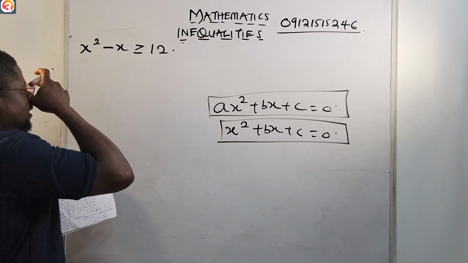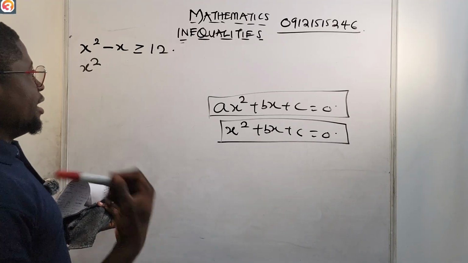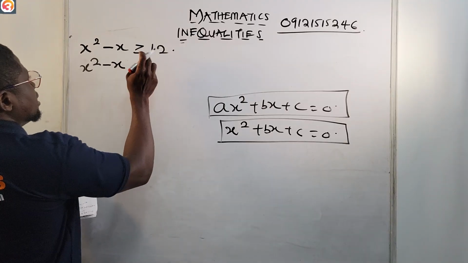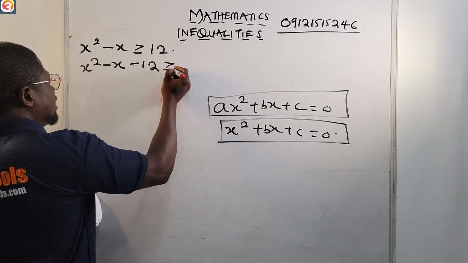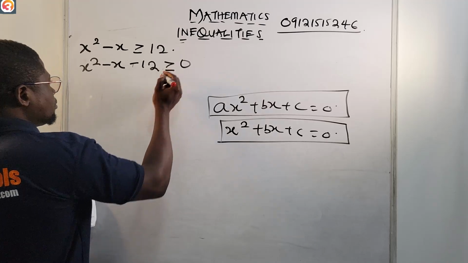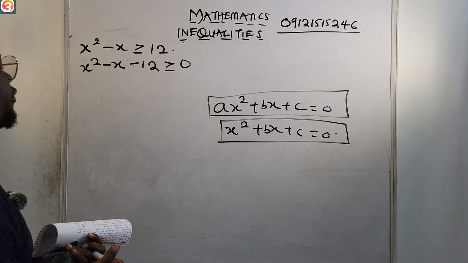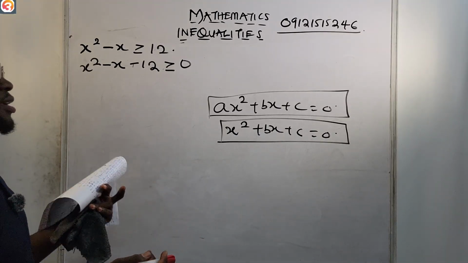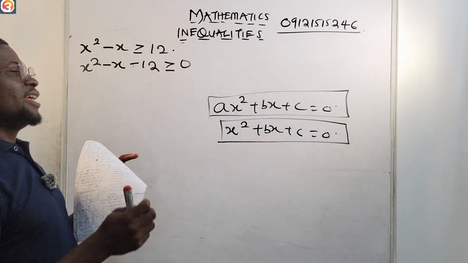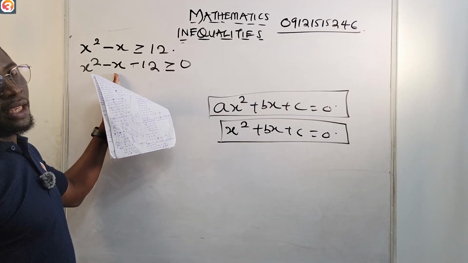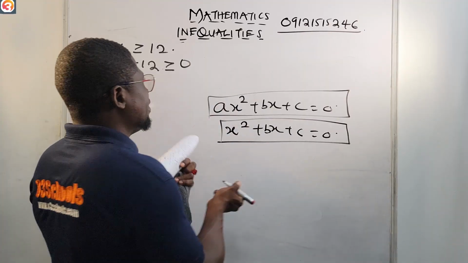Now let us rearrange this inequality. I'm going to have x squared minus x, then the 12, if it crosses to this side, turns to minus 12, greater than or equal to 0. Simple as ABC. Then we solve just like a normal quadratic equation. Look for two factors so that once you multiply them together, they'll give you 12, but when you add them together, you're going to have minus x. Those two factors are